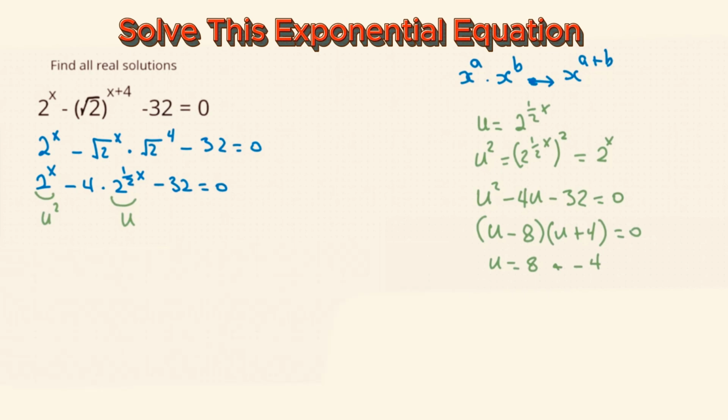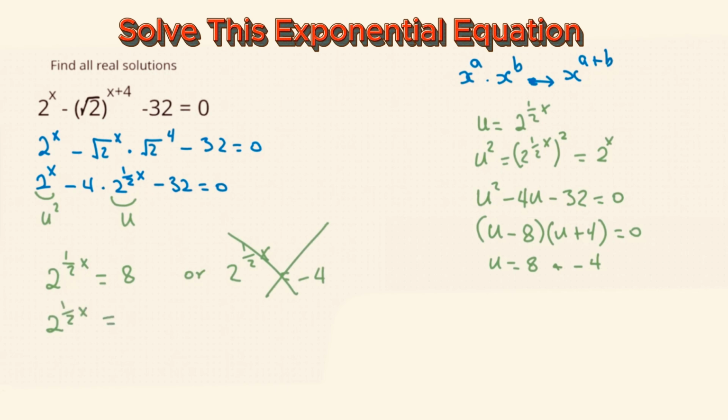And we know, of course, u is 2 to the 1/2 x. So basically, we could say 2 to the power of 1/2 x equals 8, or 2 to the power of 1/2 x equals negative 4. And this here is going to give me no solution because we cannot raise a number to any power to get a negative answer. That's impossible. And here, to be able to solve this, you just go 2 to the power of 1/2 x